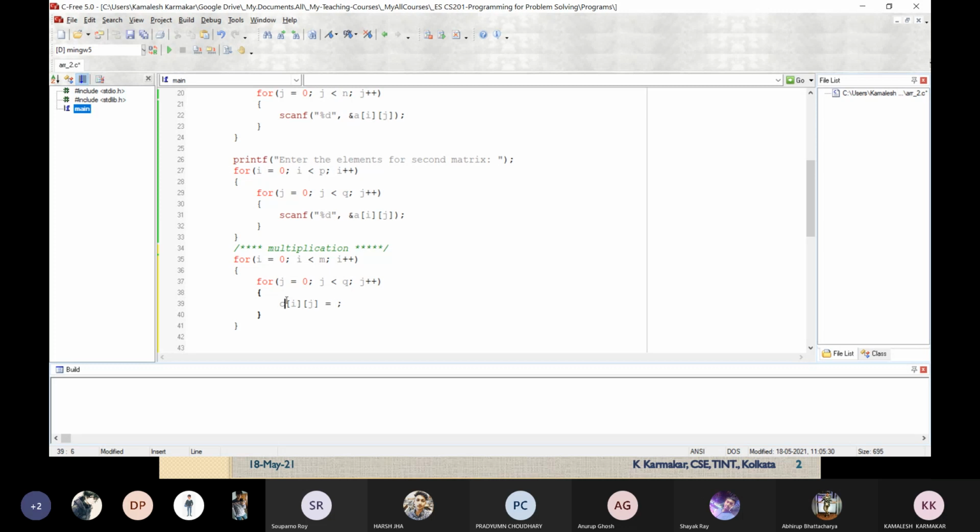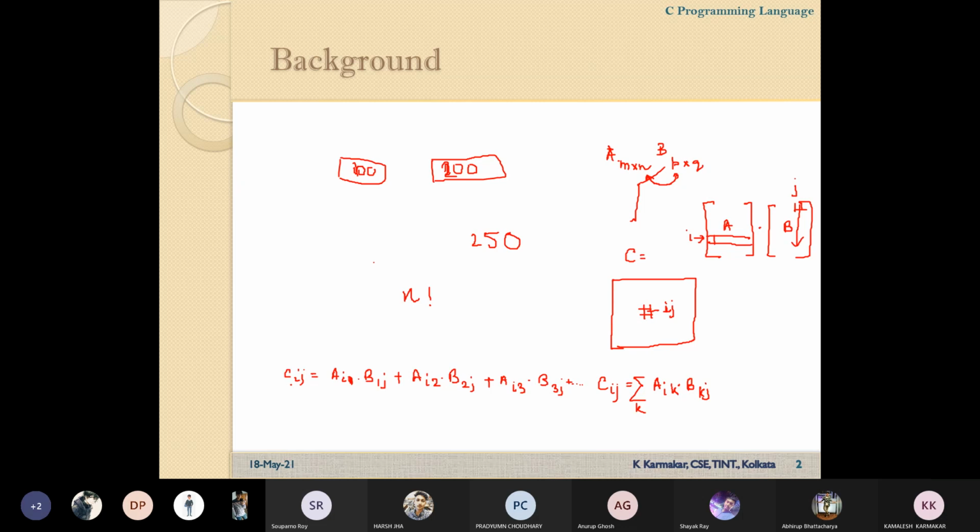Okay. But for this multiplication, if I want to calculate the value of Cij, what's the logic of Cij? To calculate Cij, how many multiplications are needed? We have to calculate the sum of n number of multiplications, because if the dimension of A matrix is Mn and B matrix is Pq, where n is equal to P, in that case, to calculate one element of Cij, we have to multiply Ai0, B0j, Ai1, B1j plus this.